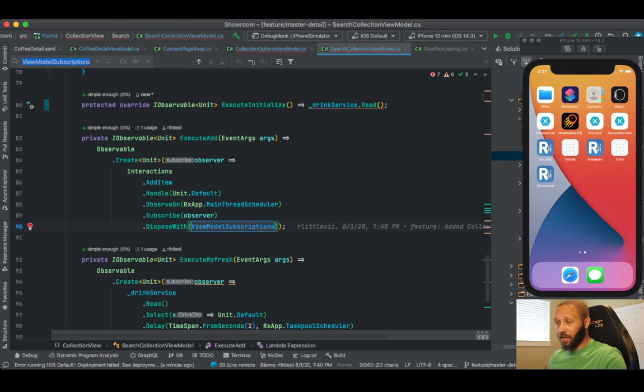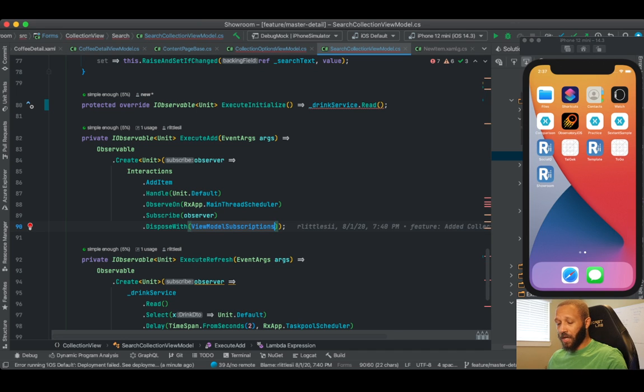Let's do this. Let's copy that out. Let's go file, find, replace in all files. View model